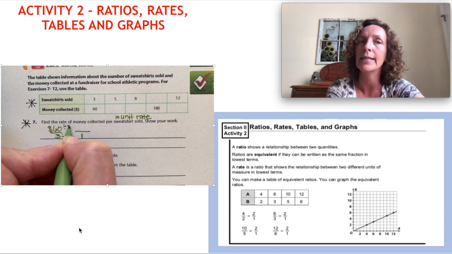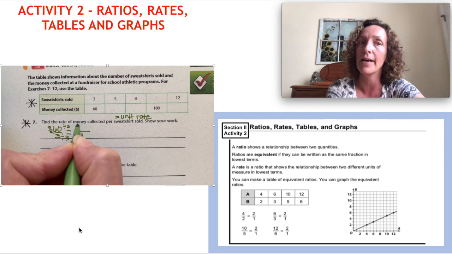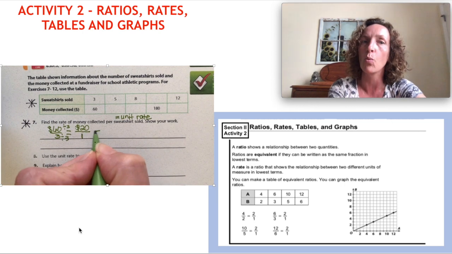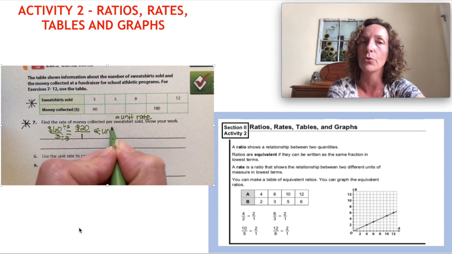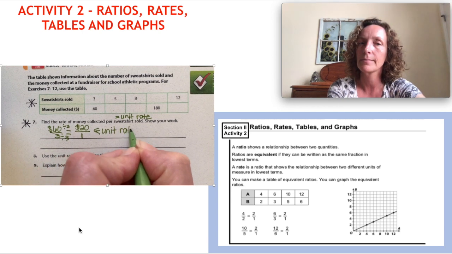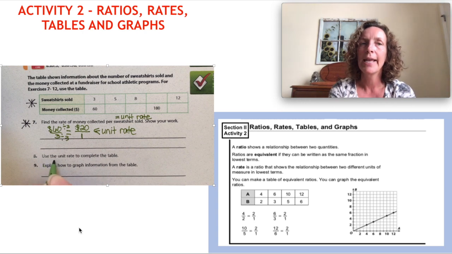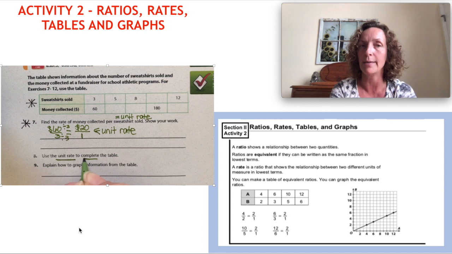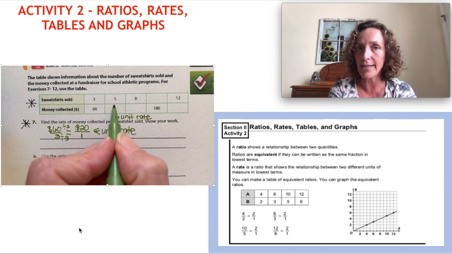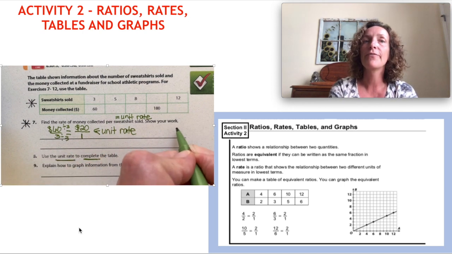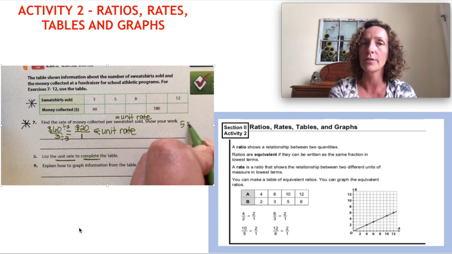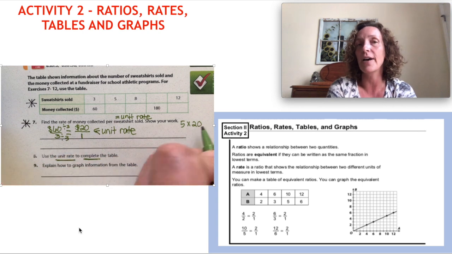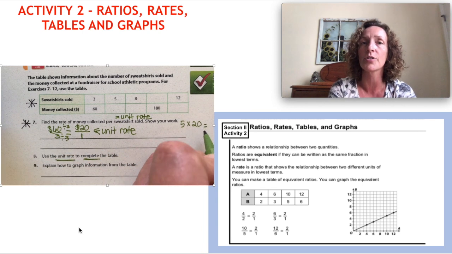So 3 divided by 3 is 1, $60 divided by 3 is $20. So that means every sweatshirt costs $20. That's our unit rate. All right. Next, we're told to use that unit rate to complete the table. We can use multiplication to do that. So if we know that we sold 5 sweatshirts and each sweatshirt cost $20, we do the math and we find that 5 times $20 equals